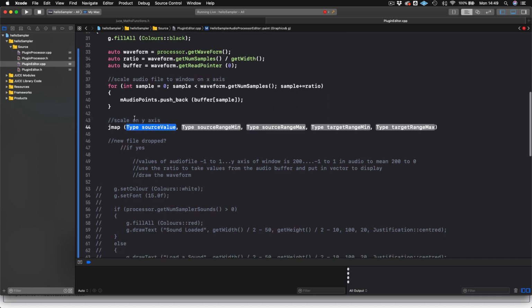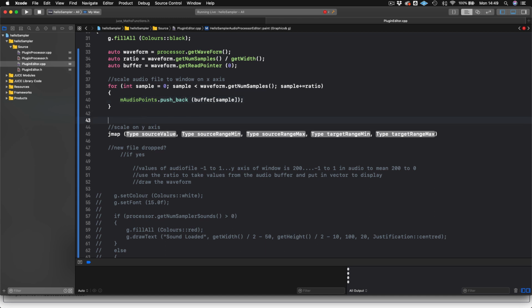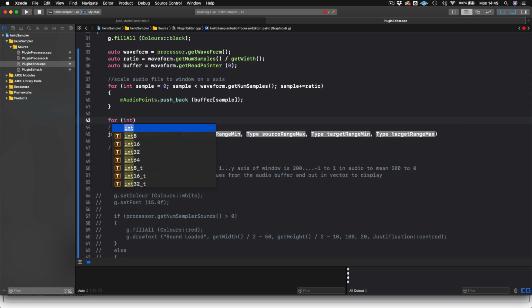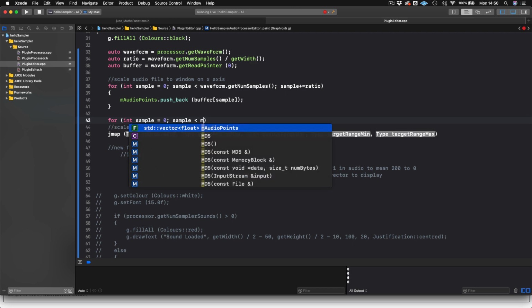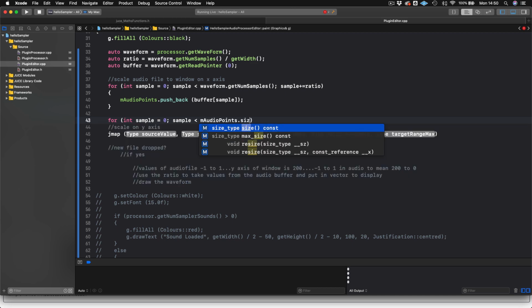Okay, so what do we need to do? What do we need here? We need to iterate through audio points, right? Because audio points is now holding our new values, and these values are between -1 and +1, and we need to scale them up to 0 and 200, right? So we need to go through all the audio points and scale them up. So we say for int sample equals 0, sample is less than audio points dot size